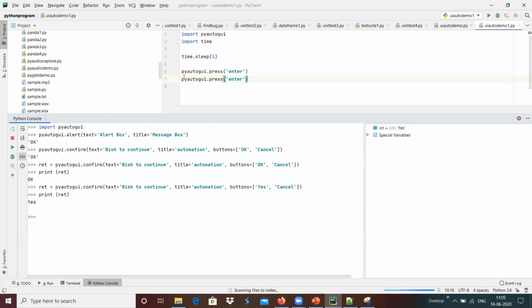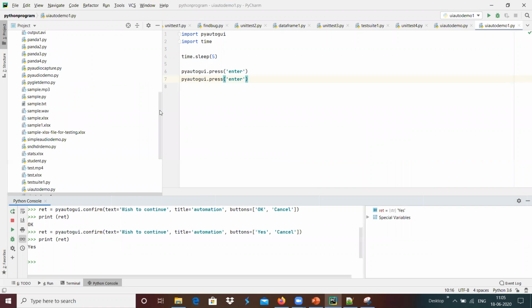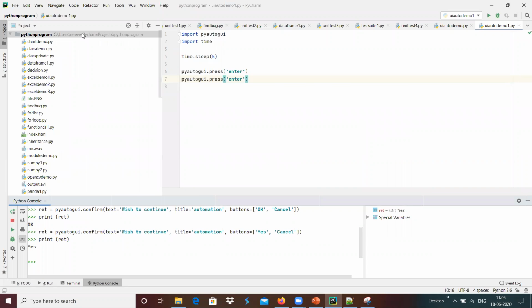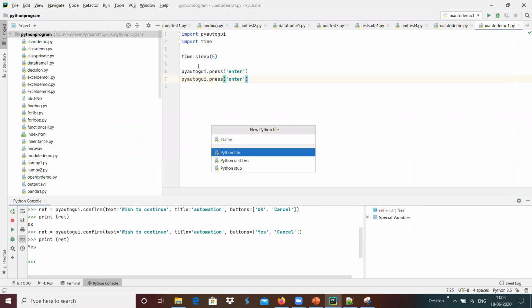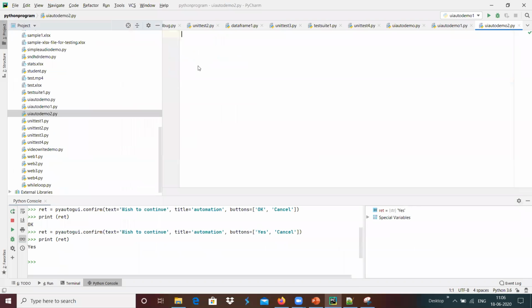I'm going to use another one, a new Python file. I'm going to create a UI test, UI auto demo 2.py over here, and inside that I'm going to copy.